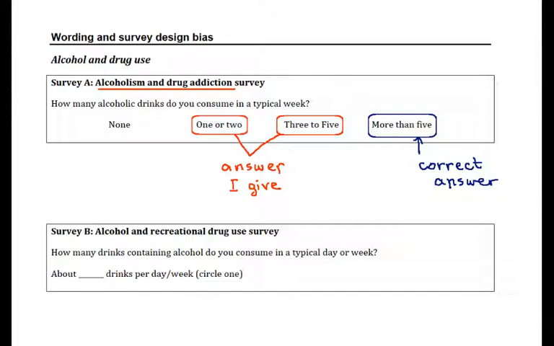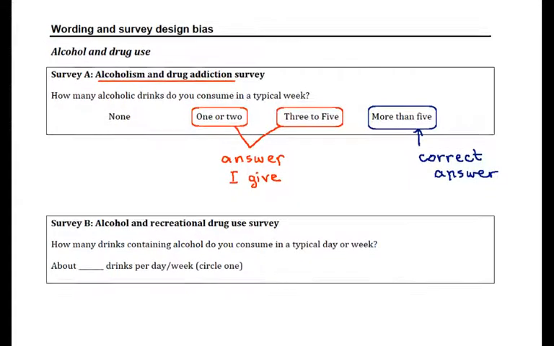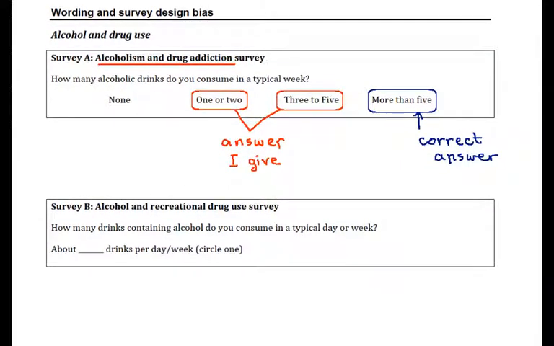So I'm more likely to give one of these answers. And what people tend to do with a scale like this one is instead of really looking at the meaning that's written, they tend to think of it as a scale of 1 to 4 and rate themselves compared to other people, and answer about where they feel like they should be in comparison to other people. This is something that everybody does regardless of what the wording is on those labels. There will be a little bit of thinking about the wording when choosing between 2 answers, but you can believe that somebody like me is not likely to choose more than 5 on this survey.